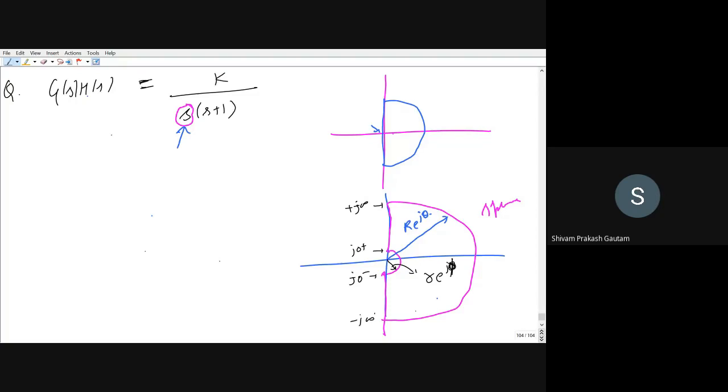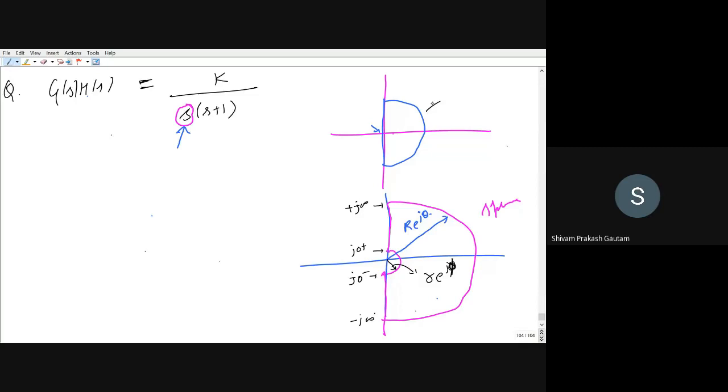Are you understanding why I have changed the Nyquist contour in this case? Anyone? So will you repeat this concept once more? Okay. What is the definition of Nyquist contour? You can follow my notes, or later you can scroll back the video in the recording. Nyquist contour covers all open loop poles in the right hand side of the S plane.